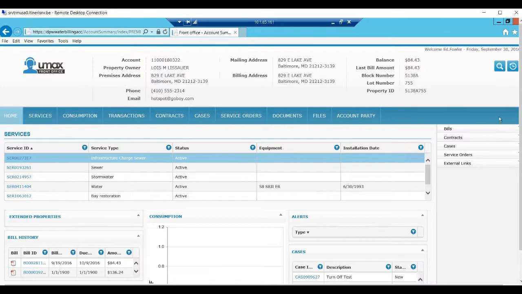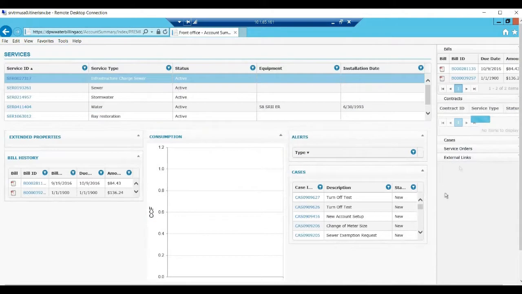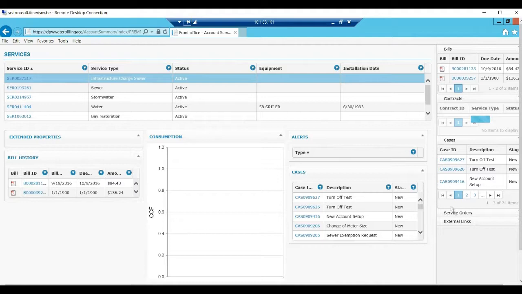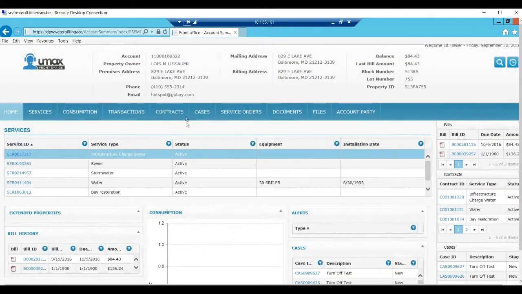You'll notice a few things going on. What I'm going to do is turn on these. It's sort of just like a fact box in back office. Gives you a little grid, little way to move through. This bar means that it's actually going out and getting that information. So it was going out and getting the contracts, bills. But we're going to go through this real quick, give you an overview, and then